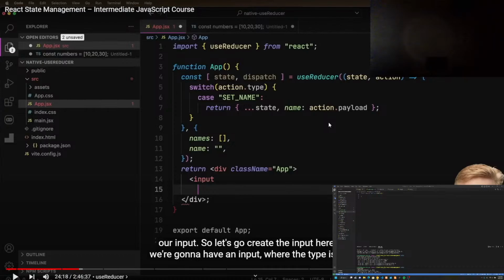names state dot names comma action dot payload